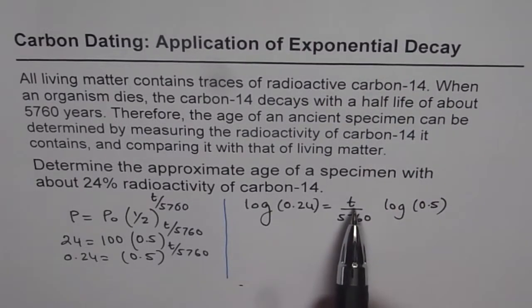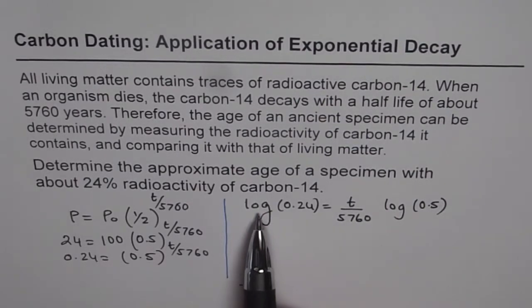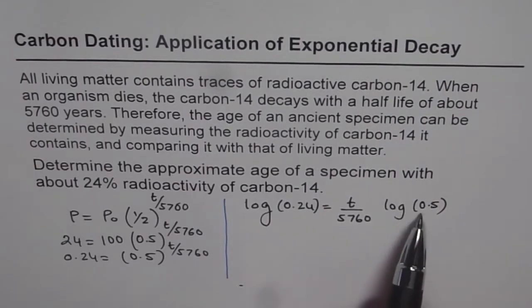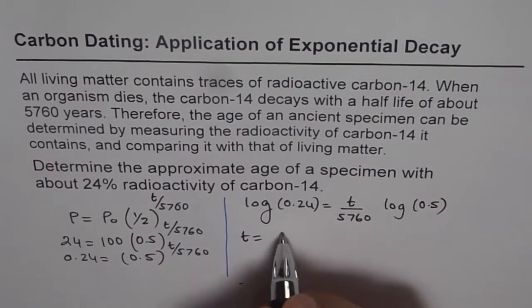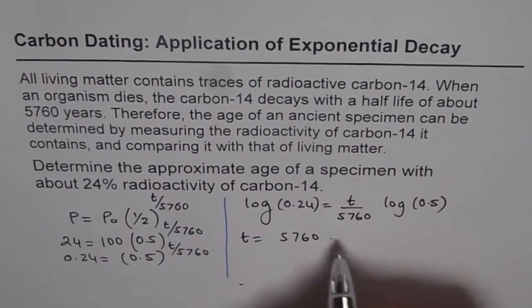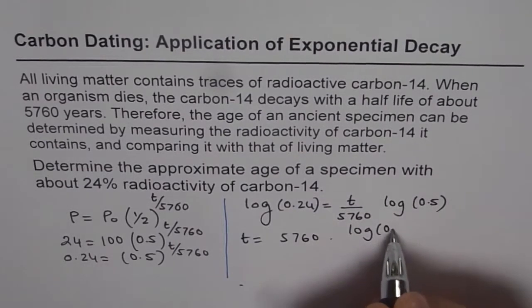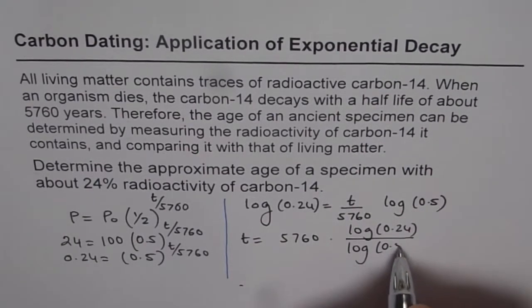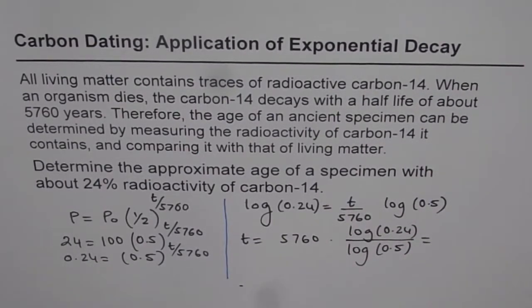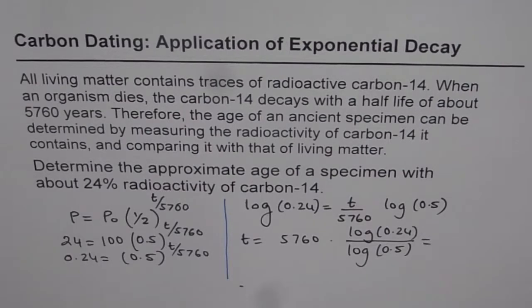Now from here you can find what T is. T will be the ratio of log of 0.24 divided by log of 0.5 times 5760. So let me write down T equals 5760 times log of 0.24 divided by log of 0.5. Now you can use a calculator and find the time. It is 5760 times log of 0.24 divided by log of 0.5, which gives you